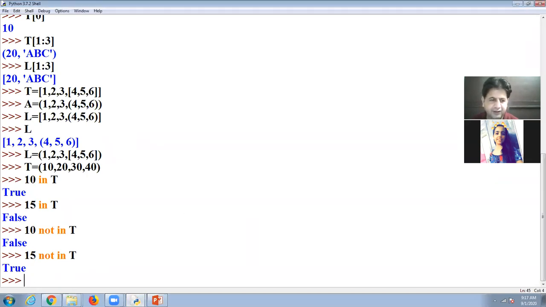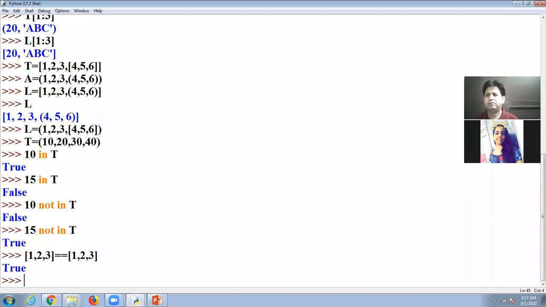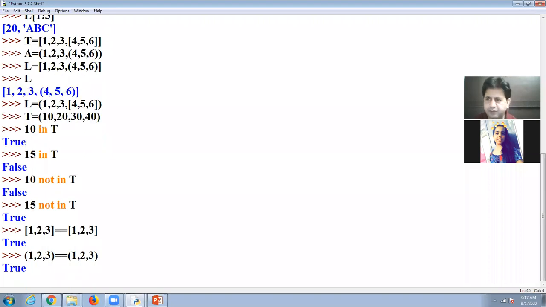Here, I take one list. I'm comparing lists: 1, 2, 3 is exactly equal to 1, 2, 3. It gives us true. In the same way, if I take one tuple, 1, 2, 3, and compare using double equal to with 1, 2, 3, both are equal.